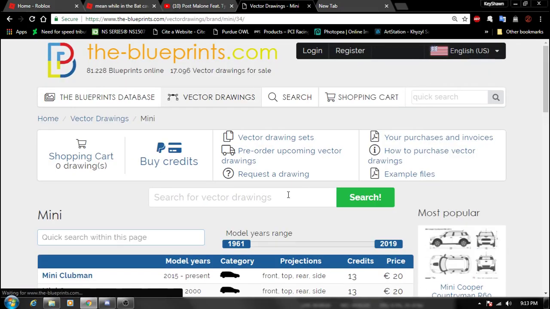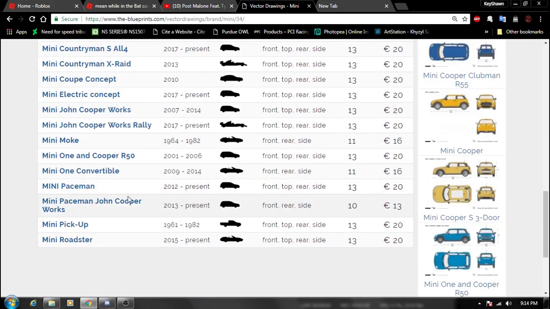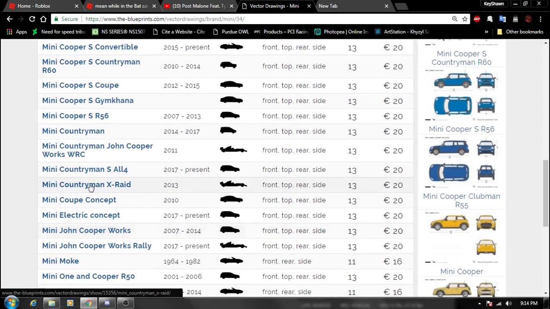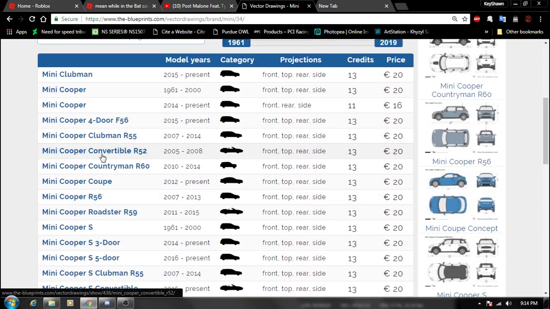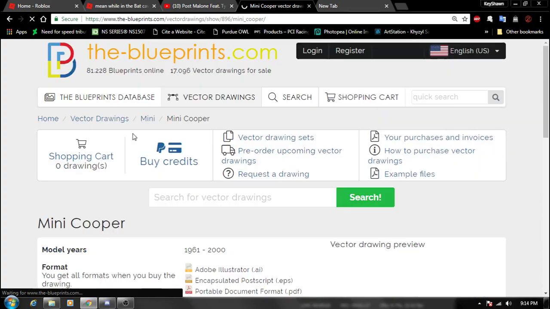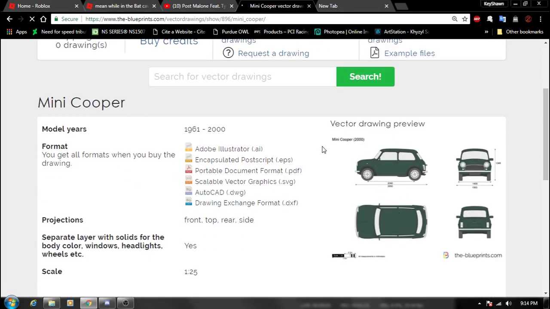Actually, it's small, and let's do a fairly old one. Yeah, that's suitable. So right here is the Mini Cooper,